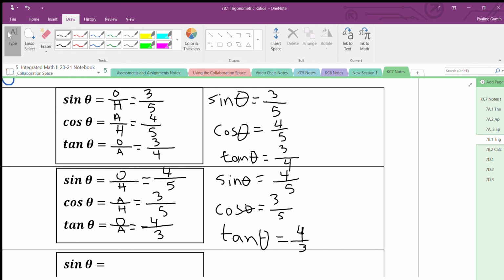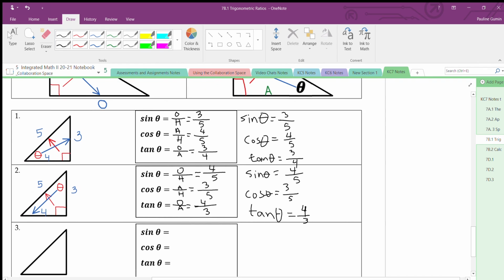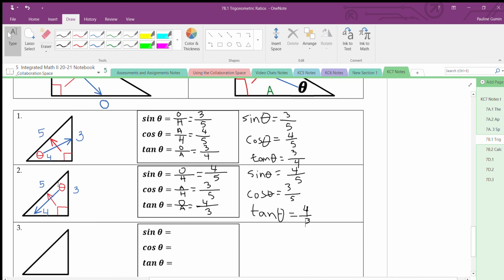So take a look at those two problems. We use the same triangle. We just put the value of theta in a different place. That changed how sine and cosine and tangent look, even though we use the same triangle. So the most important part in trigonometry is to be very careful in labeling the sides according to the angle